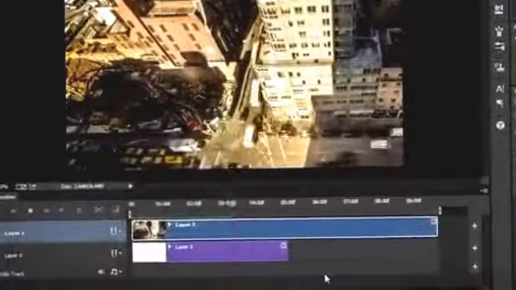In this video, I show you how to create a time-lapse sequence from scratch using your digital SLR camera and